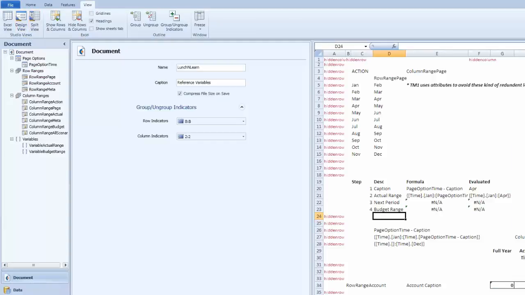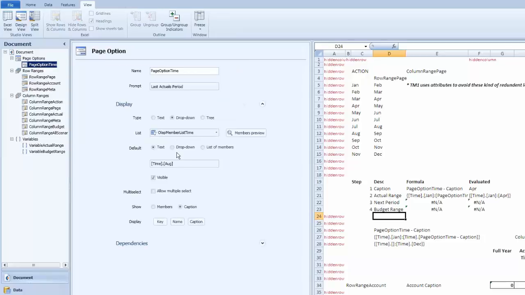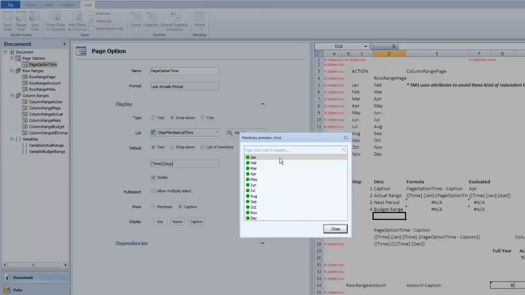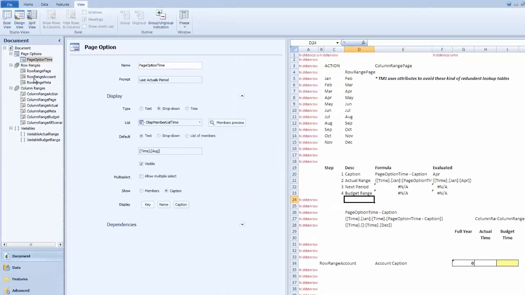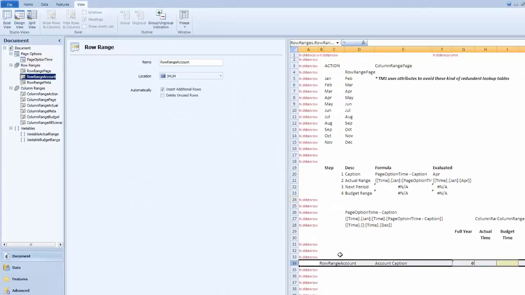Now if we flip back our view to the split view, so first starting with the document tab, we only got our one page option for time, so it's just a selection of the different elements in our time dimension, January through December. And we have a row range for account, being all the accounts we're going to show. That's the only row range we're looking at here. It's a fairly simplistic